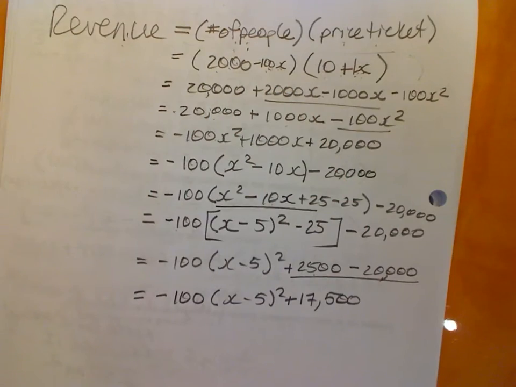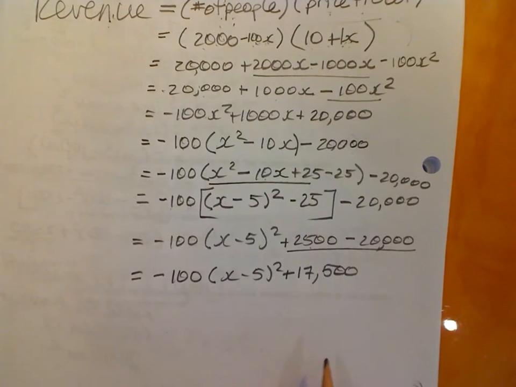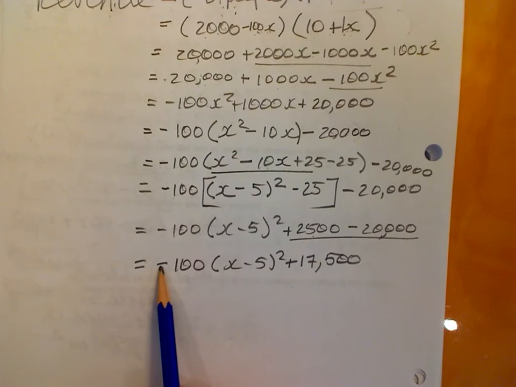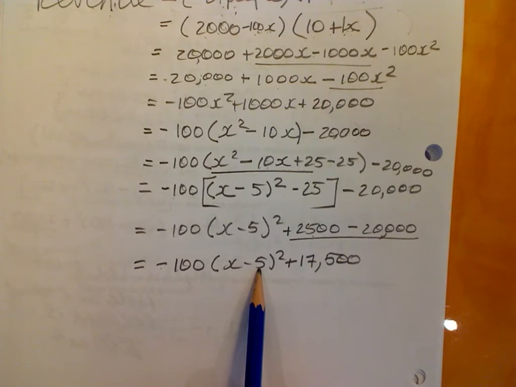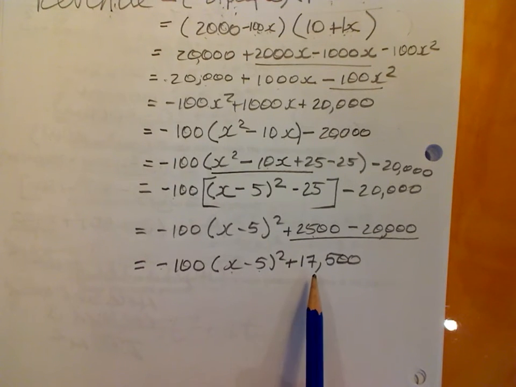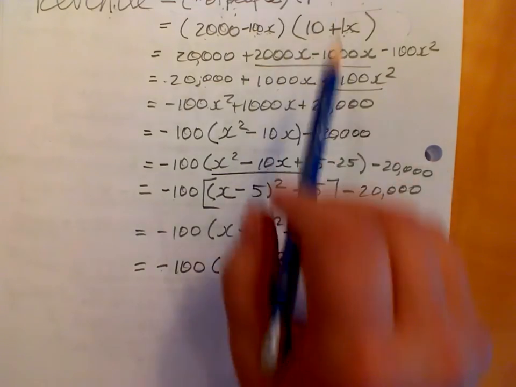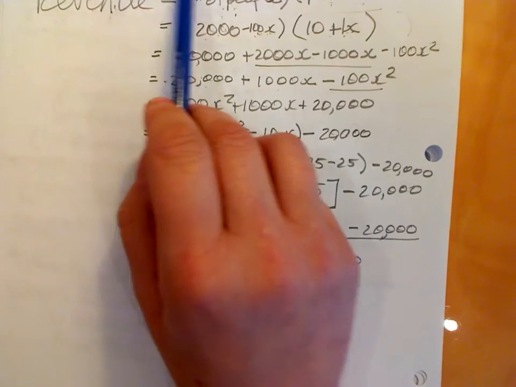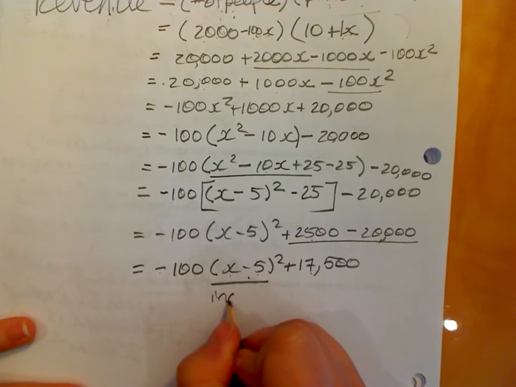Easier to see. Okay, so now let's see what this tells us. This tells us that we have a maximum. This tells us we're going to increase the ticket price by $5, and we're going to have the greatest revenue of 17,500. So now let me ask you here, what do we have to do? What ticket price would result in the greatest revenue? So if we're increasing by 5, so this means increase